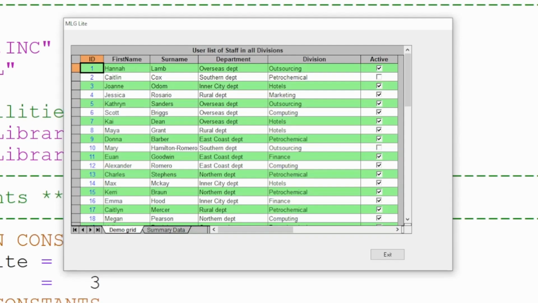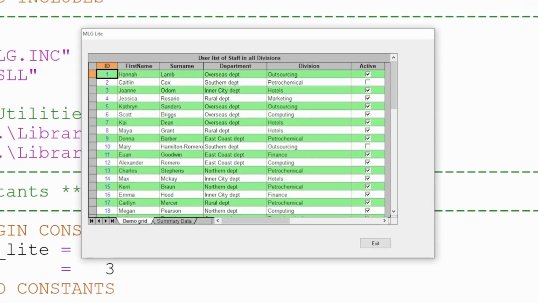Perhaps the first question you may want to ask yourself is, why would I want to put an image on the grid? And what ability does MyLittleGrid have to store images? For this particular application, we may want to store additional information on each user. We may want to store a note against the user, allowing the user of the application to enter details against each individual user. And we want something on screen which will display to the person using the application that a user on this list of staff does have a note recorded against their name. So how can we do that? Let's have a look at the code.